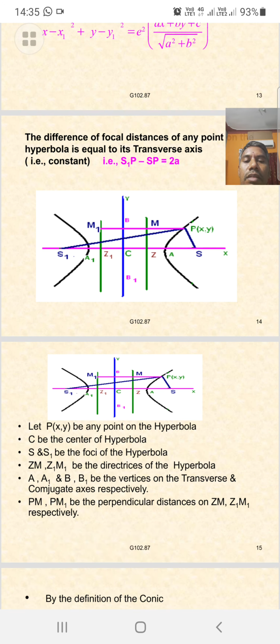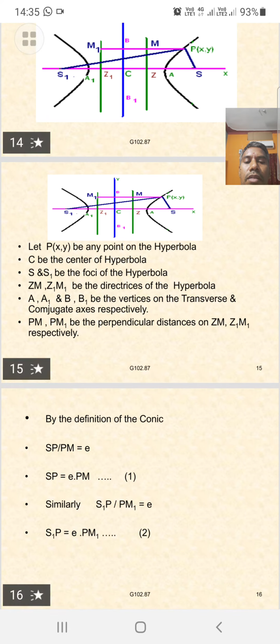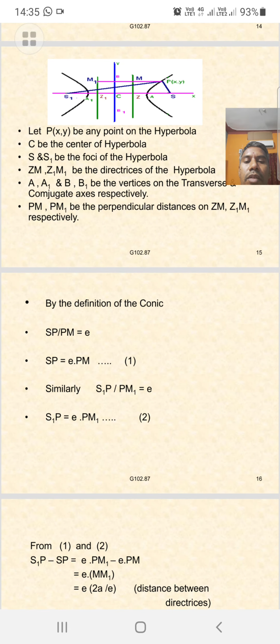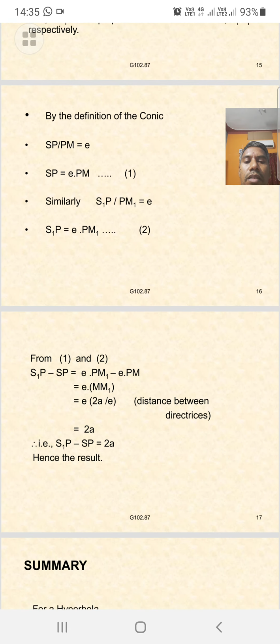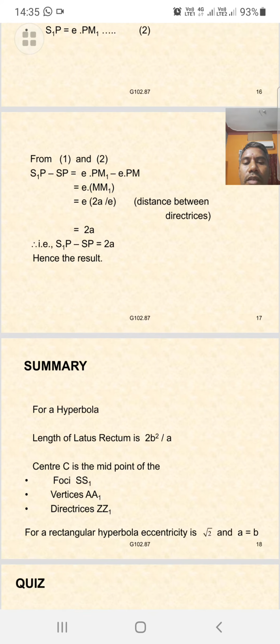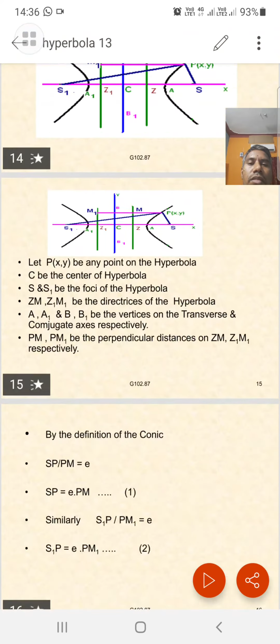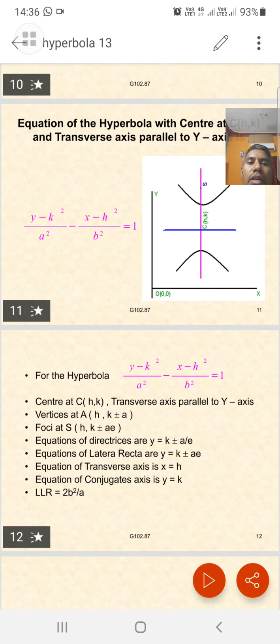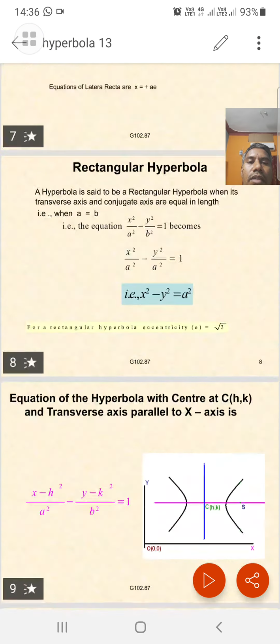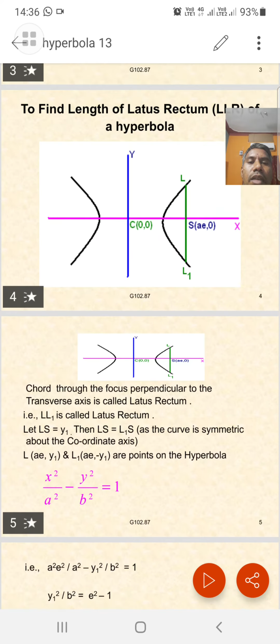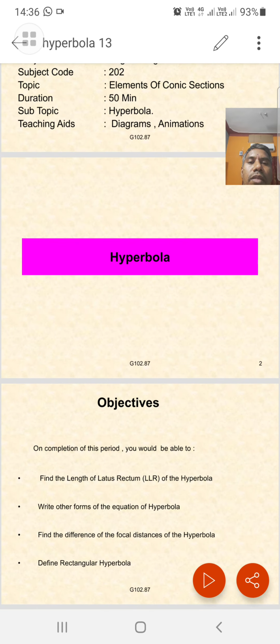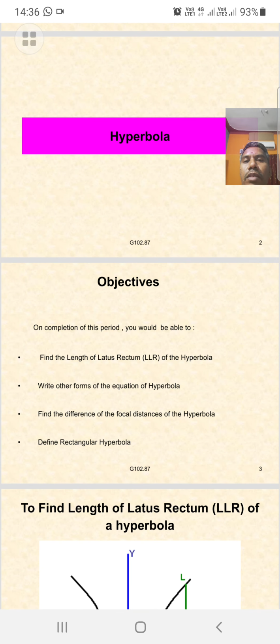This is the point we already know, and the length of the latus rectum is 2b square by a. So this is about the hyperbola and its forms and its elements. On this chapter, from the exercise you have to do